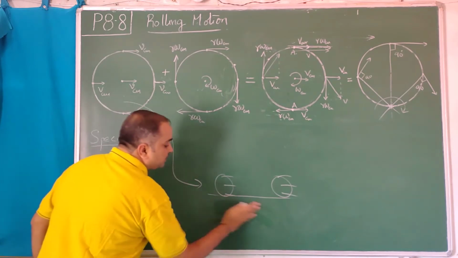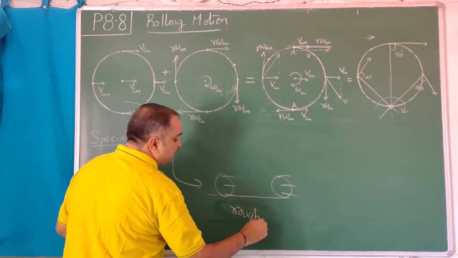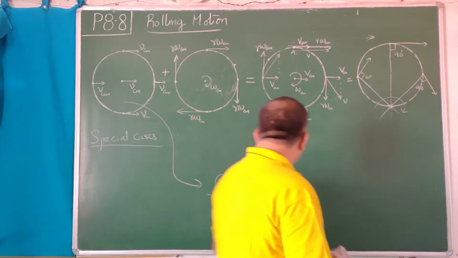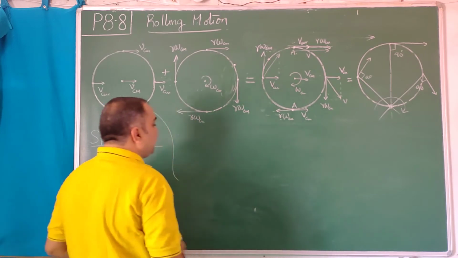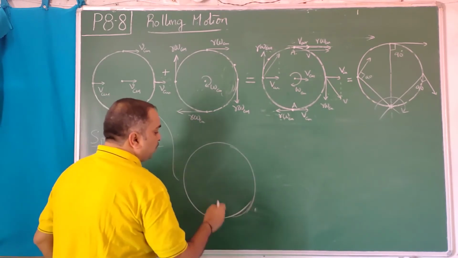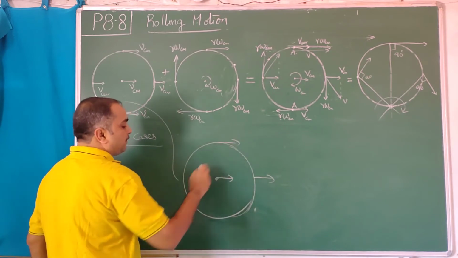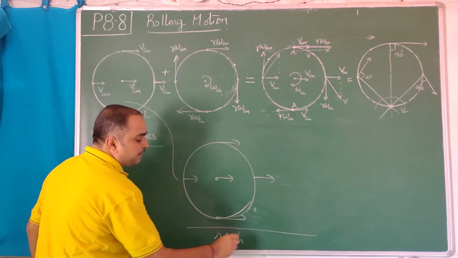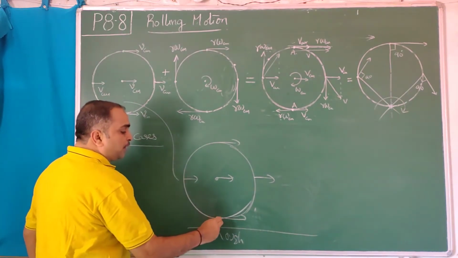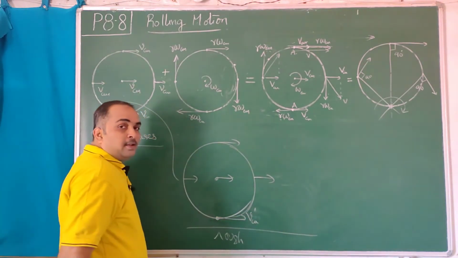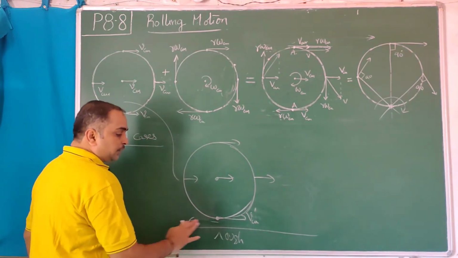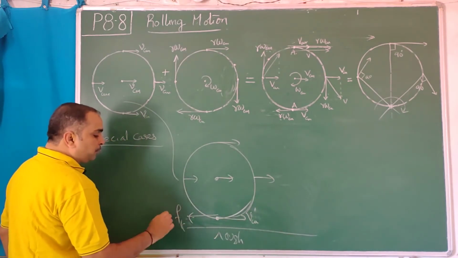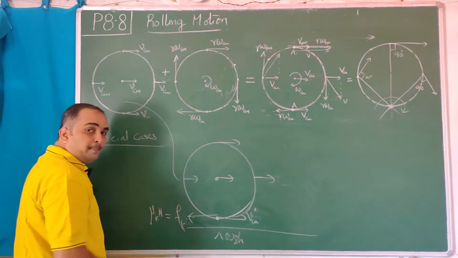But if it encounters a rough surface, obviously all the surfaces are rough. So when it encounters that, what happens? Now this analysis is very, very important. So let me draw a little bigger wheel. This point is translating, every point is translating, and this has encountered a surface which is rough, having sufficient friction. Then this point which is having forward velocity will tend to slip forward. So the kinetic frictional force Fk equal to mu k N acts backward.